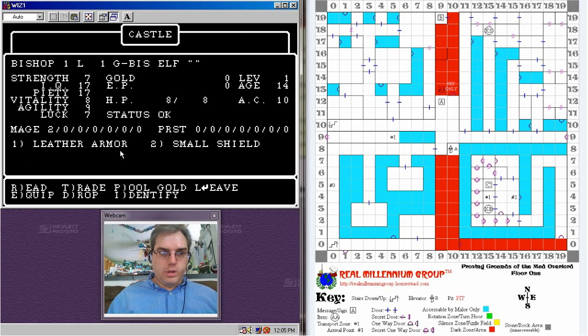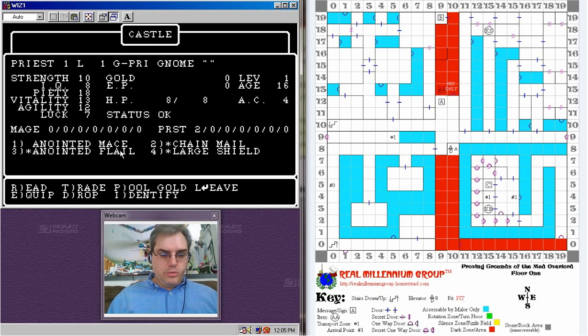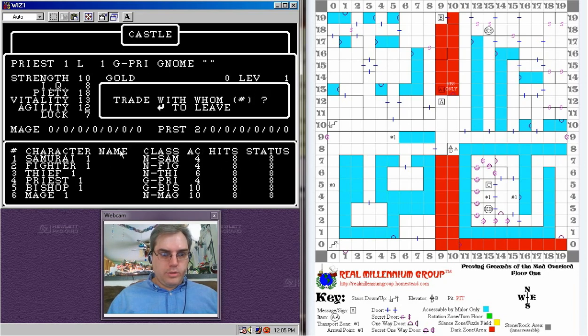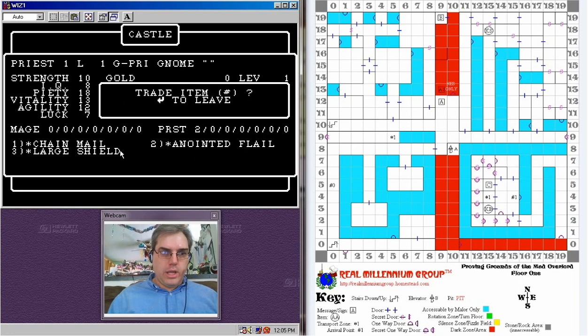Okay, we can actually trade, so let's do that. You can trade in the maze and at Gilgamesh's Tavern, so we'll go back to number 4. What we want to do is trade. We want to trade with our bishop, number 5. We don't want to trade gold, so we have no gold. We want to trade item number 1, and we're done.